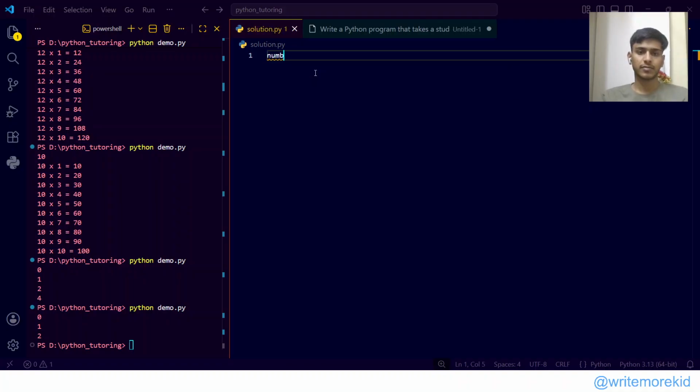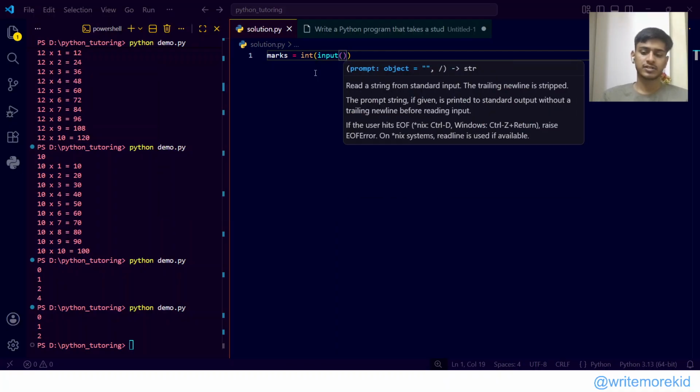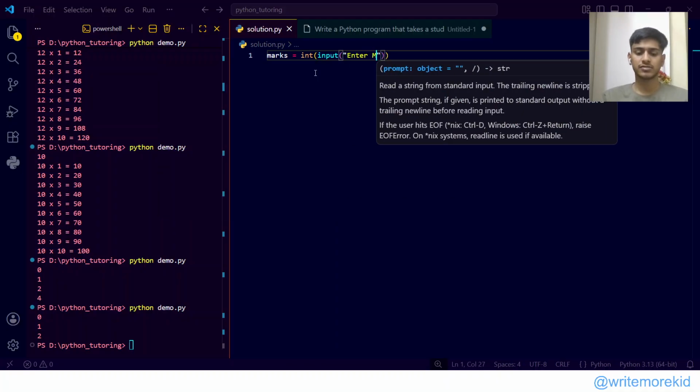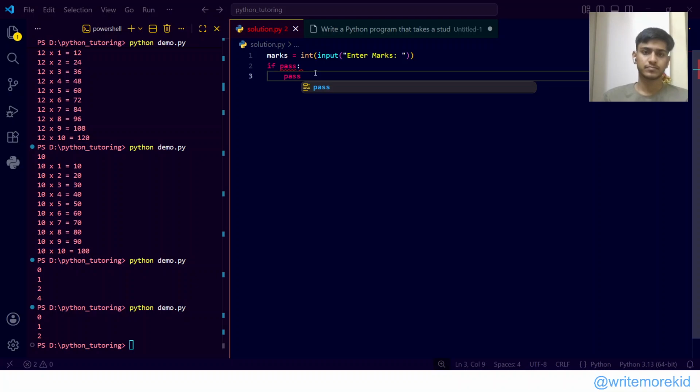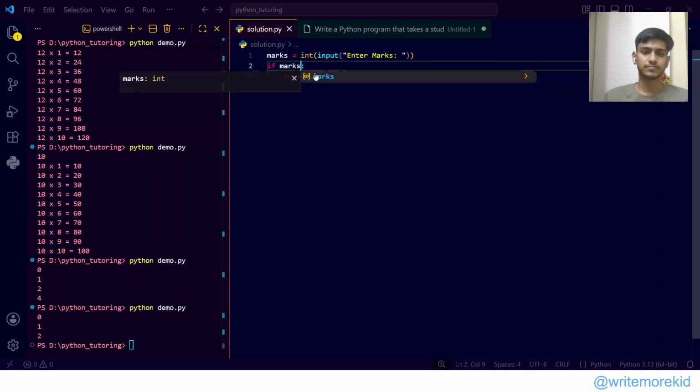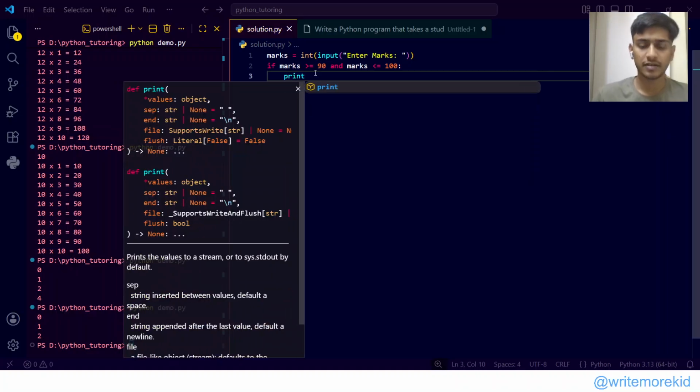We need to take the marks input first. We will display a message, enter marks, and then we need to compare it. So we will use if marks greater than or equal to 90 and marks less than or equal to 100, print grade is